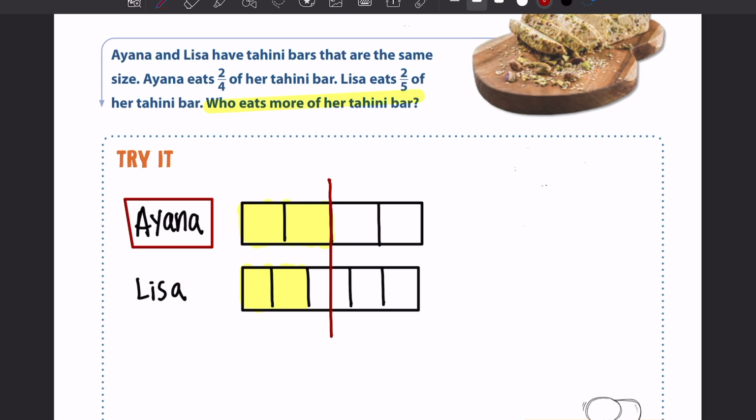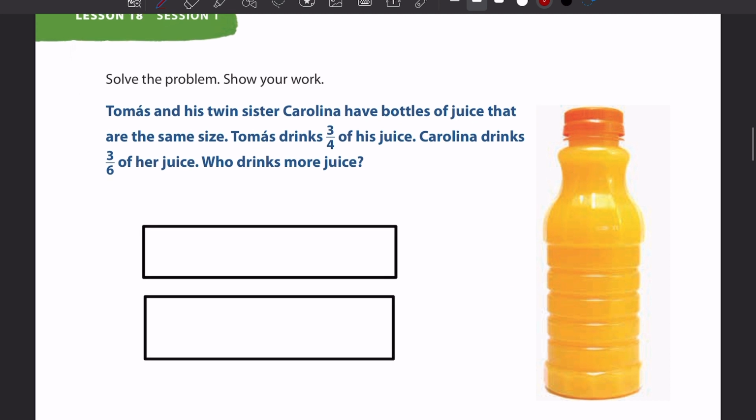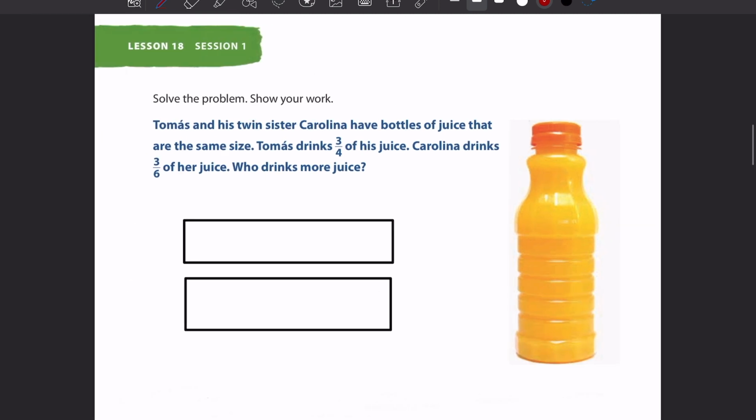All right, let's go to the next one. This next question is around the same thing. It says Tomas and his twin sister Carolina have bottles of juice that are the same size. Tomas drinks 3/4 of his juice. Carolina drinks 3/6 of her juice. Who drinks more juice? So once again, we're going to break these bars up into the amount of pieces that